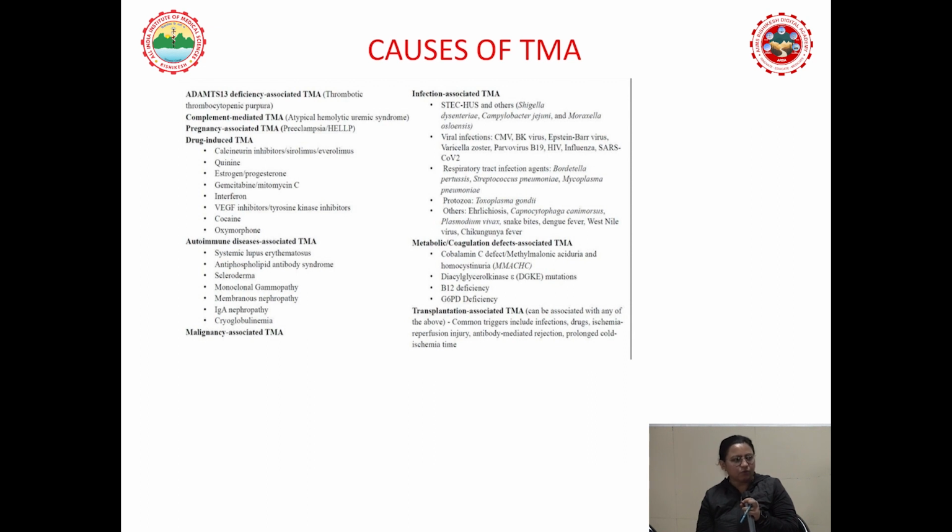Ischemic changes were observed in each glomerulus, and there were no immune deposits in the DIF. What this immune deposit negativity favors is that there was no atypical HUS component in this patient, because there was no C3 deposition in the biopsy, and the serum C3, C4 levels were also normal. So we ruled out the genetic component of TMA, atypical HUS. Regarding gemcitabine, we will discuss how it causes TMA. It can be immune mediated or non-immune mediated. We strongly suspect non-immune mediated, as the cumulative dose is 37.9 grams, which is way higher than what is reported in the case reports.